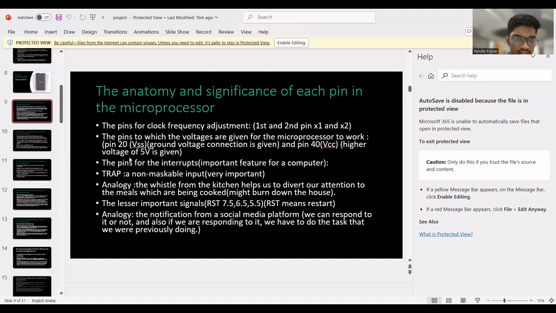Okay. So the next pins are for the interrupts, which is a very important feature for a computer. Suppose you're in the middle of a particular work, and suddenly the building in which you are there is on fire. If it is on fire, you are supposed to save yourself no matter how urgent the work is. So in order to save yourself, you just suddenly run out of the building. In similar ways,